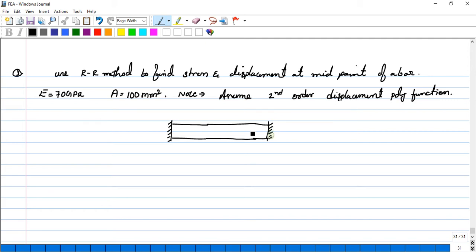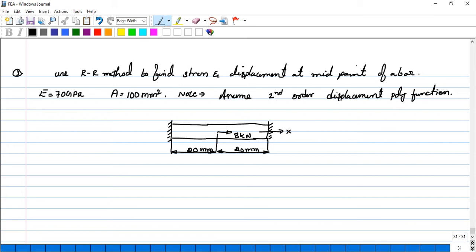Both ends are fixed, and the dimension is 20 mm, and the remaining is 20 mm. So this is done, and displacement will take place in the axial direction that is given by x. We have a force applied at the center that is 8 kilonewton. Due to this force there will be a displacement given by x, and you should have the minimum sense that both ends are fixed. What is the displacement at the fixed ends?